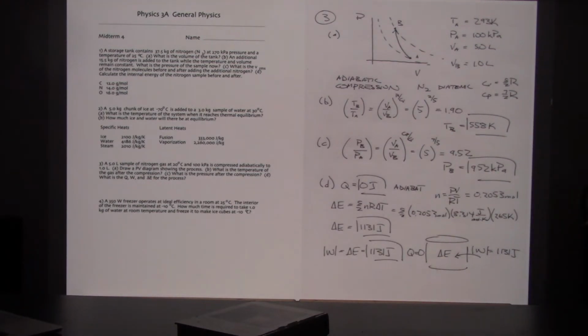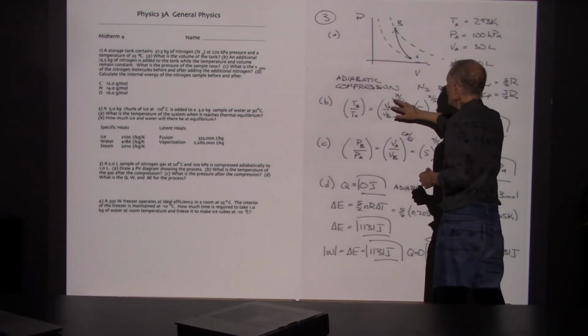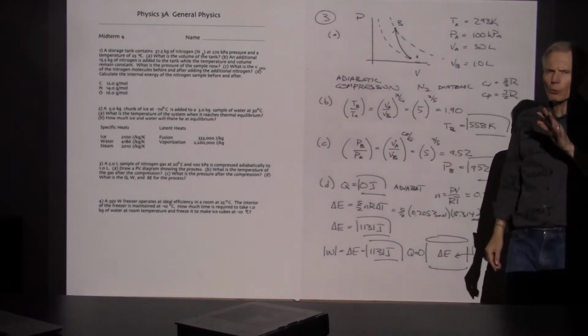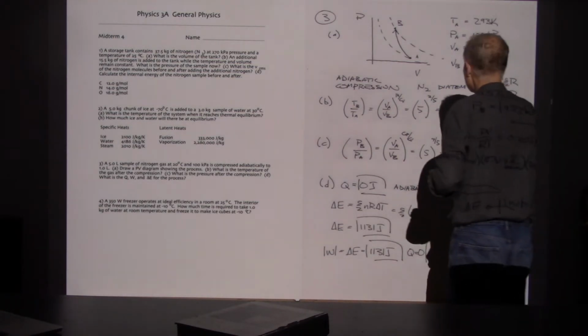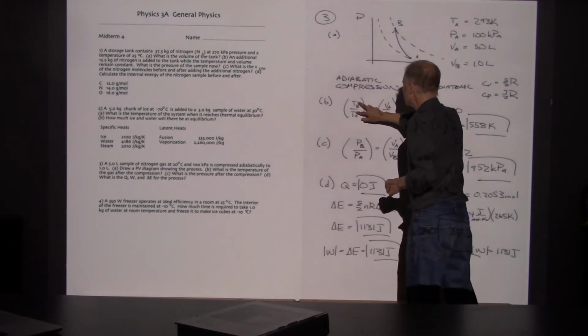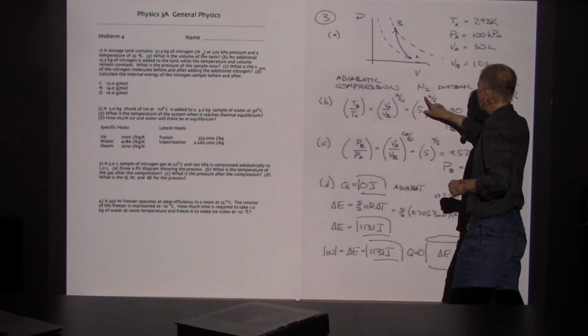So there's this compression ratio of 5 going on, and that's how the adiabat formula works. I just need a ratio for one of the values. I need to know the ratio of either the volumes or the temperatures or the pressures, and then I can go through and solve for the other ratios. The ratio of temperatures then should be given by the inverse ratio of volumes to the R over Cv, that's a factor of 5 to the 2/5,